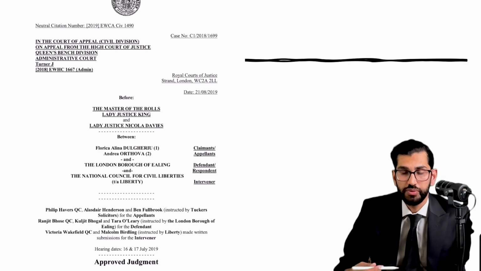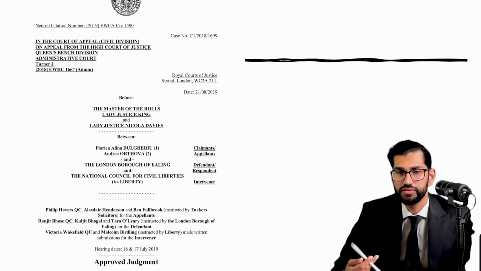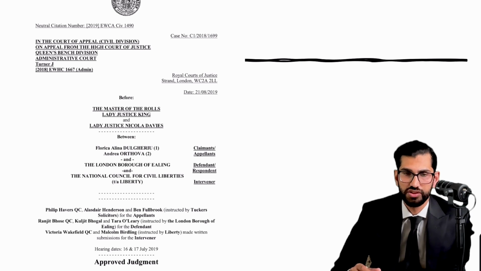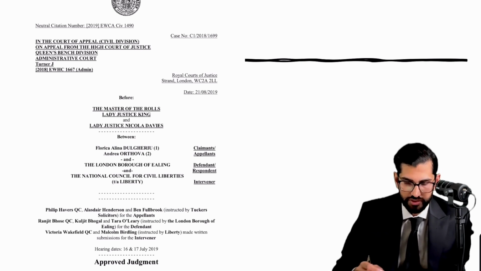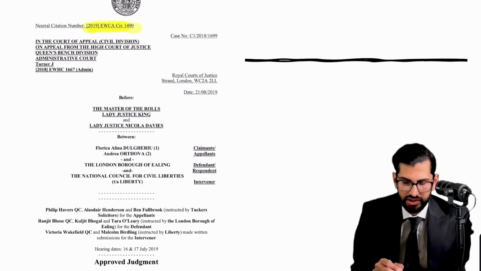Now the judgment you can download from your VLE as well as from the online libraries. The actual way is to use Westlaw or LexisNexis, where you can download it using the particular citation. But an easy way out would be to write down the complete citation along with the case name on Google. I think it's the first or the second result from the Court of Appeal's website that you can download this decision. The first page would look like what is displayed on the screen. You just have to make sure that the citation is the same one. The names of the judges, the names of the parties, everything is on the first page.